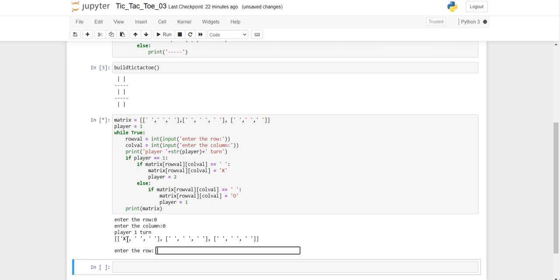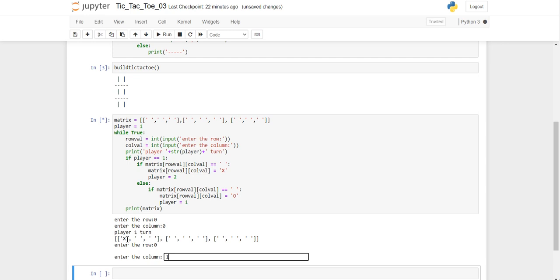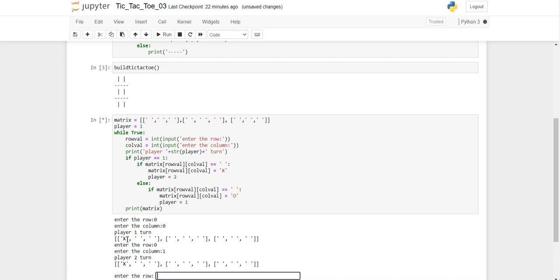Now I am giving 0 comma 1, so 0th row and first column. Okay, where is it? Okay, it didn't substitute over there.